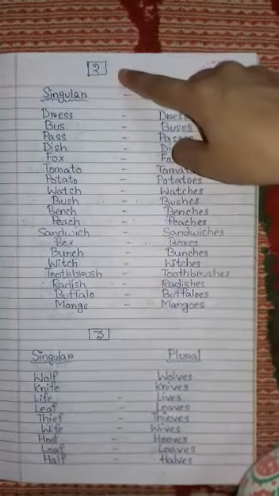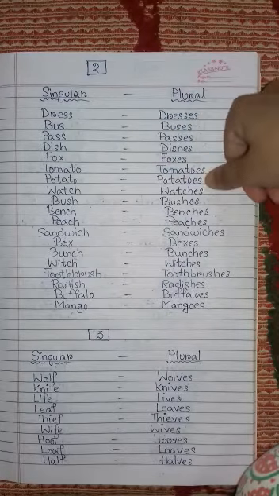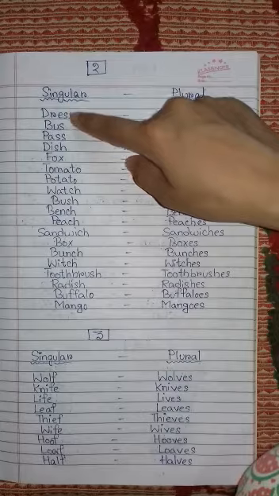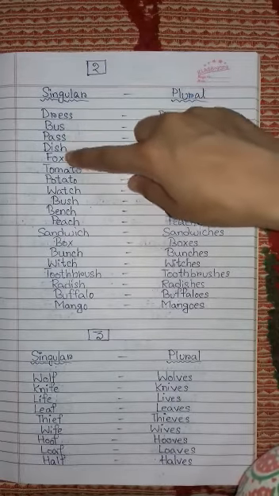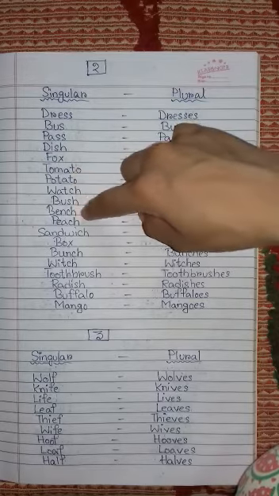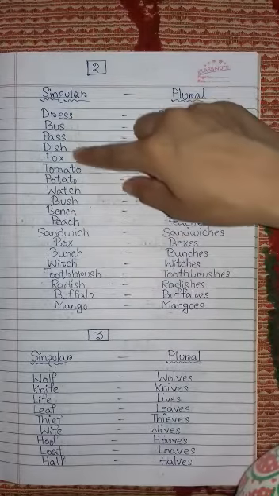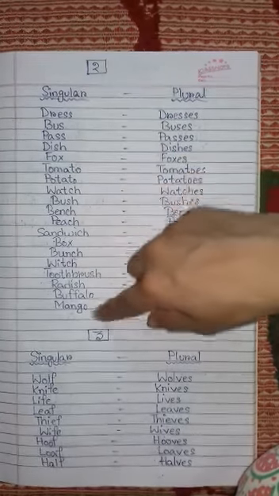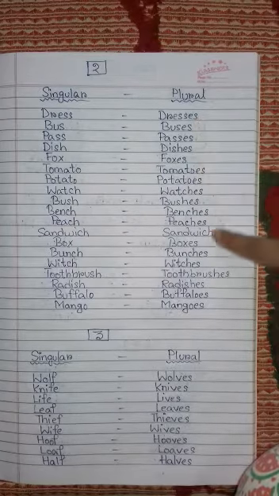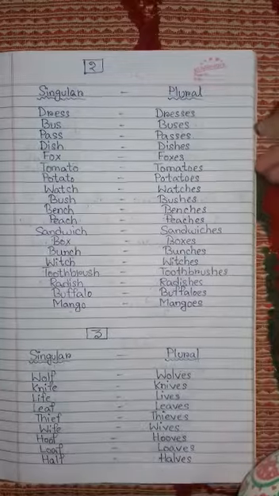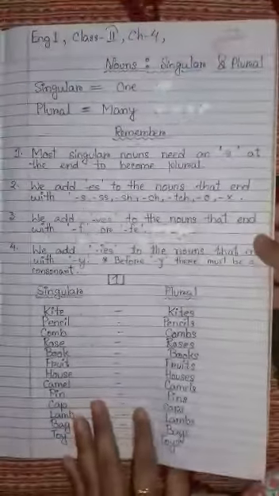So our rule number 2 is we add es at the last of our nouns when the singular noun is ending with ss, s, sh, x, o, tch, ch. When there are these types of letters at the ending of our nouns, we add es to show their plural form. Now we will try to understand our rule number 3, and we also know it.